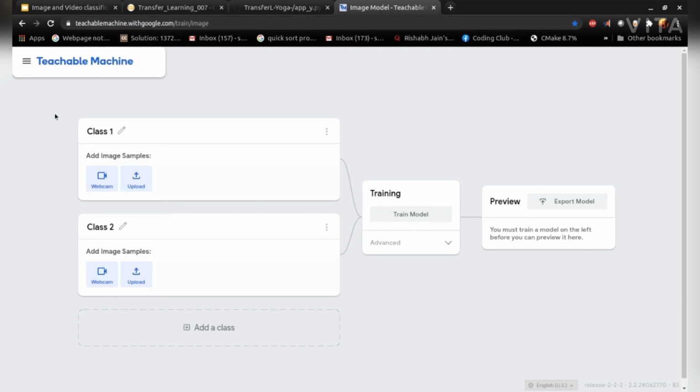So let's just try it out. The first class can be, let's say, bottle, something that I have at hand right now. And the second class, we can have cell phone. That's something that I have right now too. So let's try it out. Let's switch on the webcam